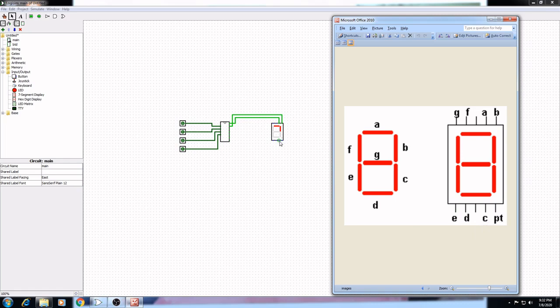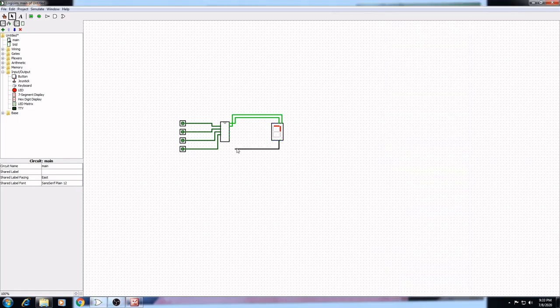So we have C, D, E. This one is C. See, your C segment will glow.